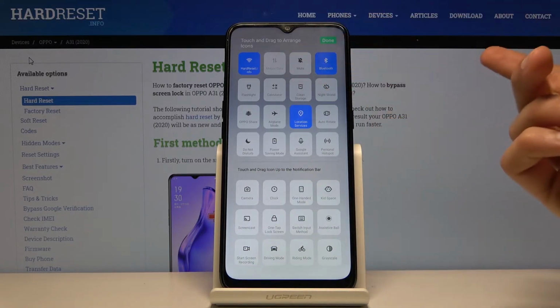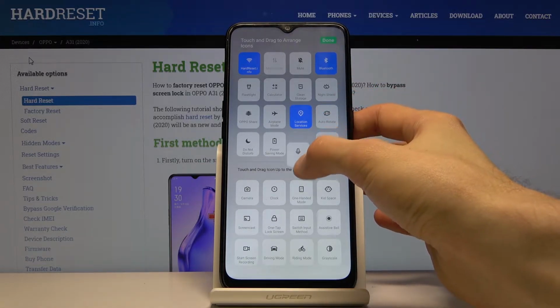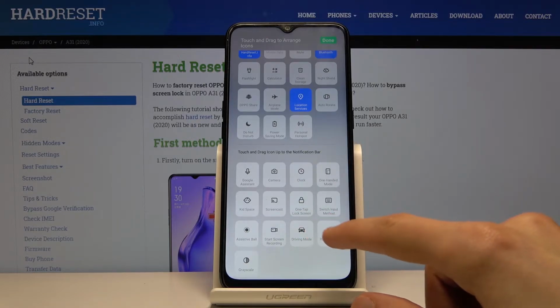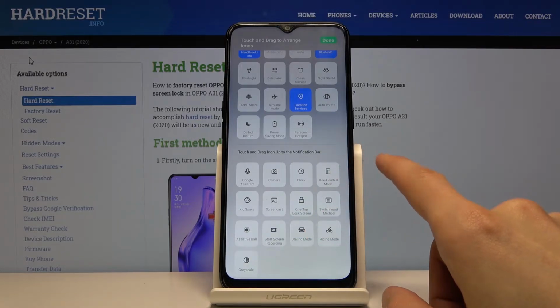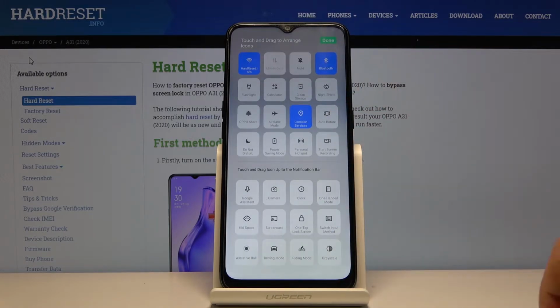Now because this panel is already filled with toggles, I will have to actually remove one, so grab one, drag it over, and then let's go back to the screen recording one, wherever that moved. There we go. So let's grab this one, drag it over here, tap on done,